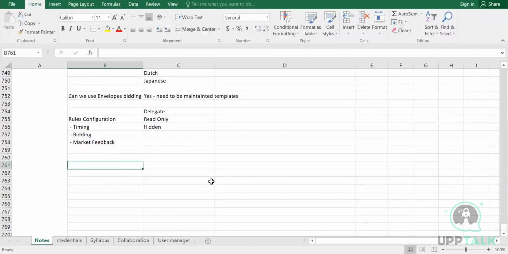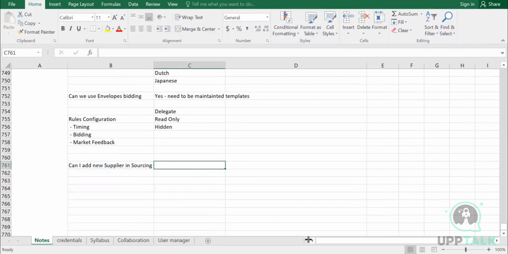Now, can I add a new supplier in sourcing? Then the answer would be yes. You can create a new supplier in sourcing. Also, you can add additional information. You can also add a new participant